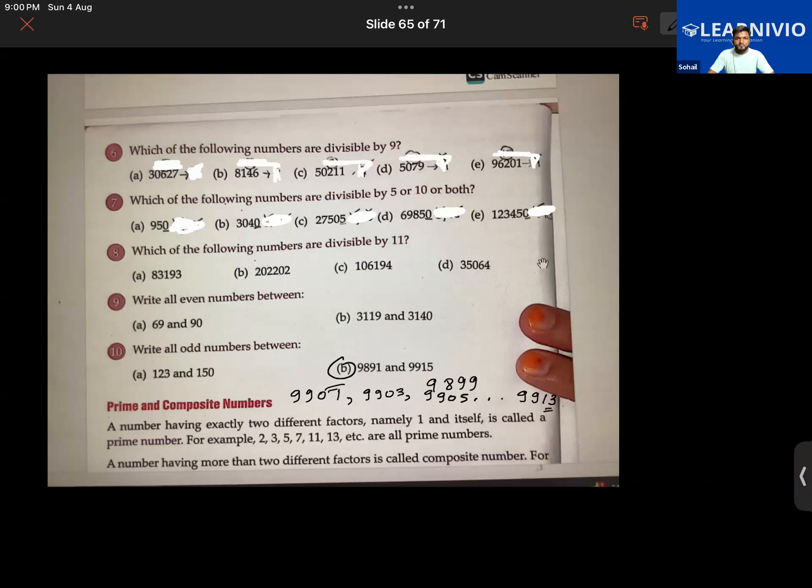Okay. The 15 also is all right. So you have to write the numbers between them now. You have to write the numbers present in between these two numbers. Do not include this number or this number. What are the numbers present between them? Do not include those numbers. Hope you have understood this.